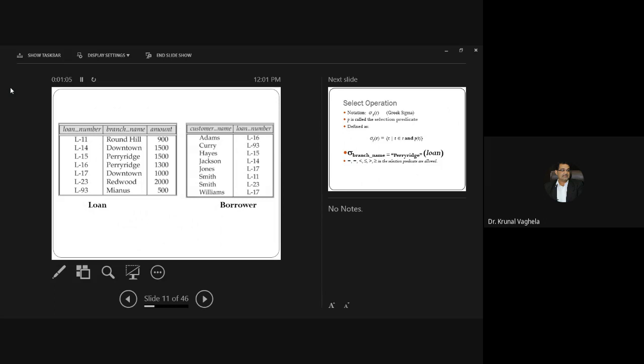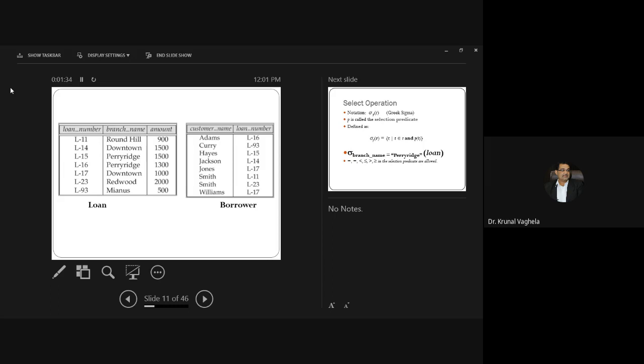From which table will we get this? Now, customer name you are getting from borrower, and loan number, but do you have any branch related information there? Where is the branch related information? In the loan table.